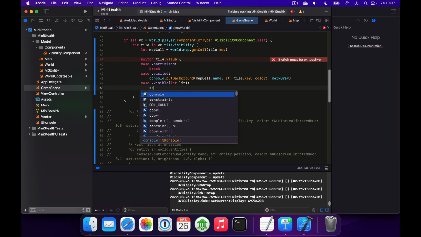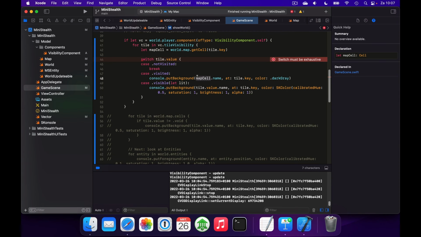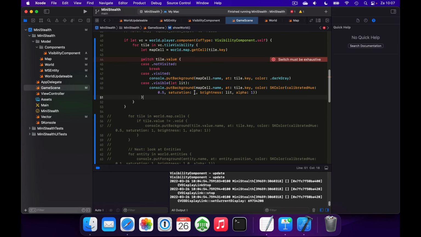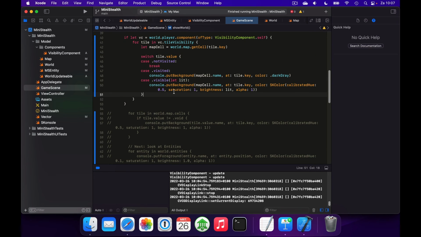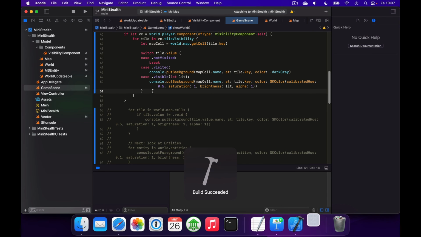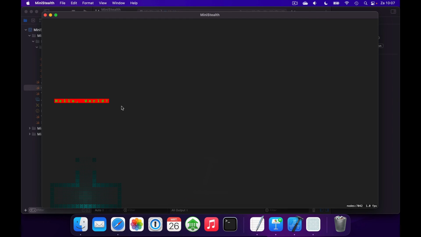And then we'll do something similar, but this time, names are a bit different here. As the brightest, we'll use the lit value. So this way, the more lit it is, the brighter it will look. And this will give the idea of a player holding a torch and being able to see better what's closer by. And I think what we should now have is just the map showing, so just the walls and the